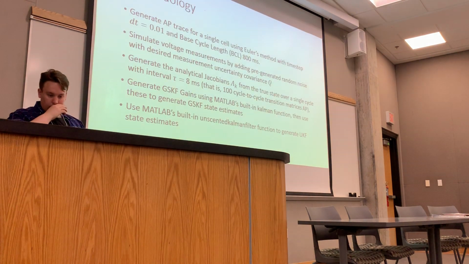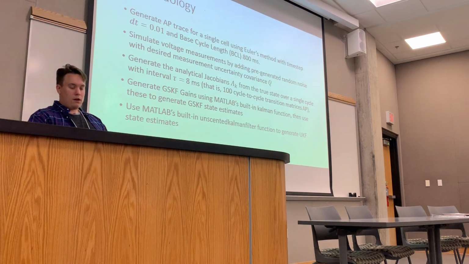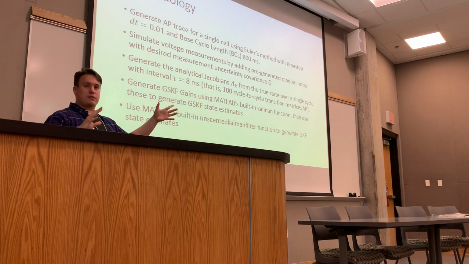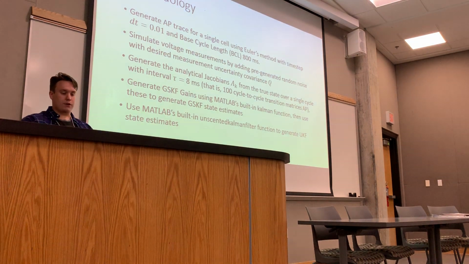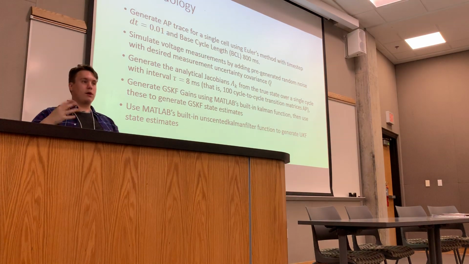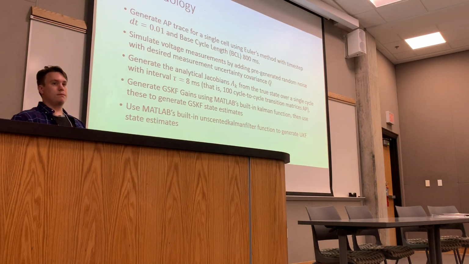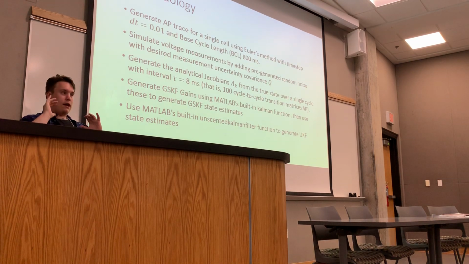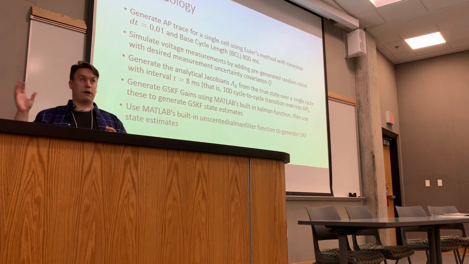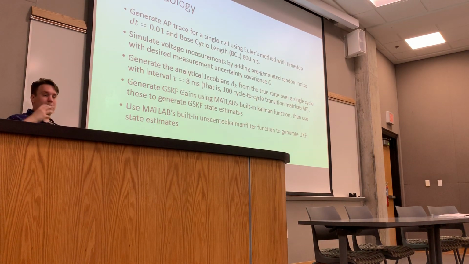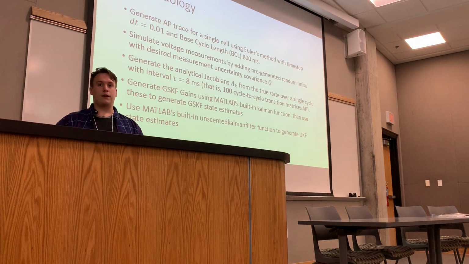So, here's what I've actually done for this problem. We are making the trace plots that we saw before, those high voltage spikes and then they're coming back down. We're just going to generate a bunch of those using Euler's method, so we're propagating this through time in the simplest way that we can, just to get numbers, with an even time step of 0.01 milliseconds. And we're going to simulate measurements of the voltage by just adding on computer-generated random noise to the data that